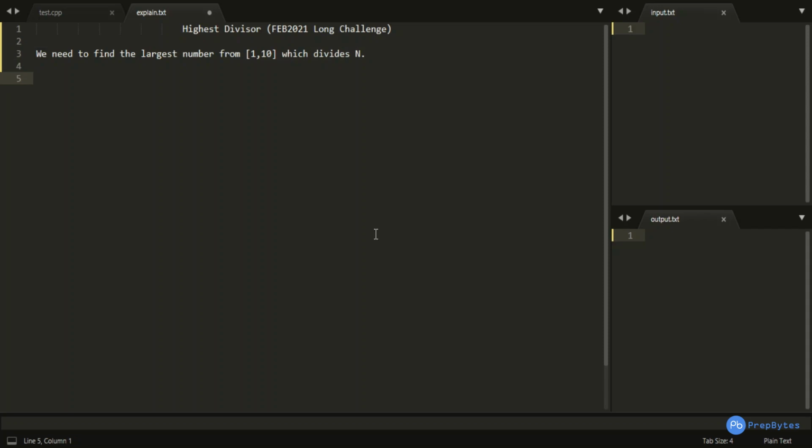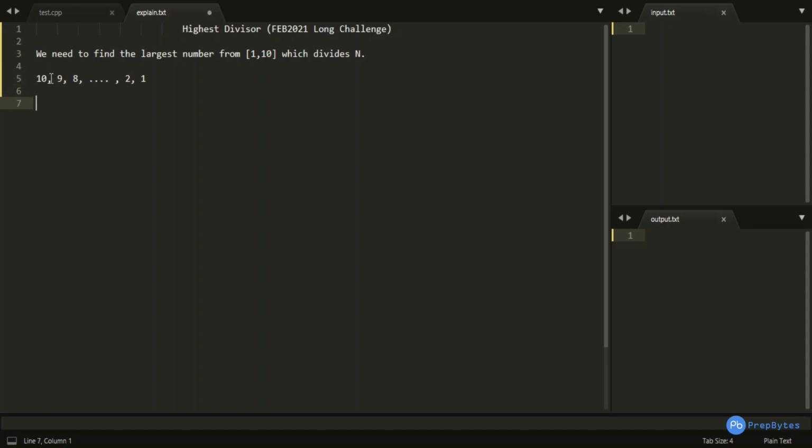Because we need to find the largest number, why not start checking from the right extreme, which is the highest number? We will check if my n is divisible by 10 or not. If it is not, then we would check for 9. If it is not divisible by 9 as well, we would check for 8, and we would keep on checking till we get 2 and at last 1.